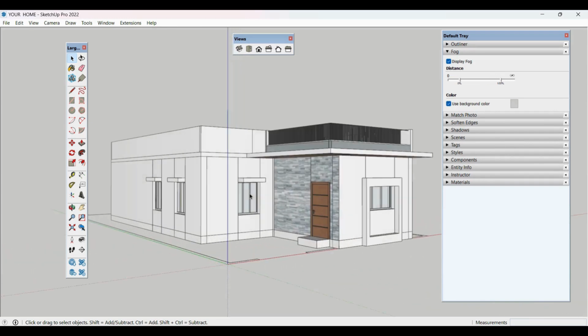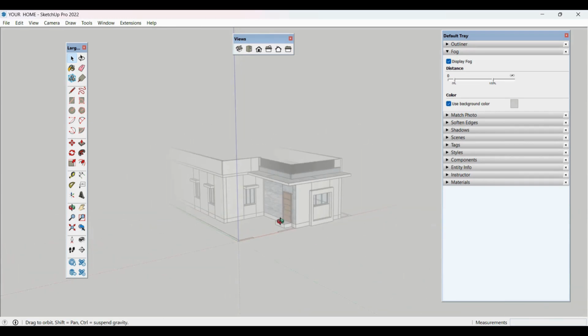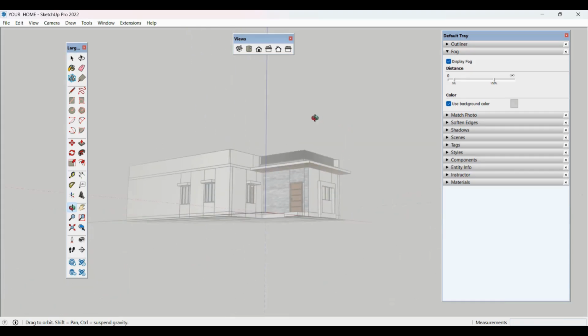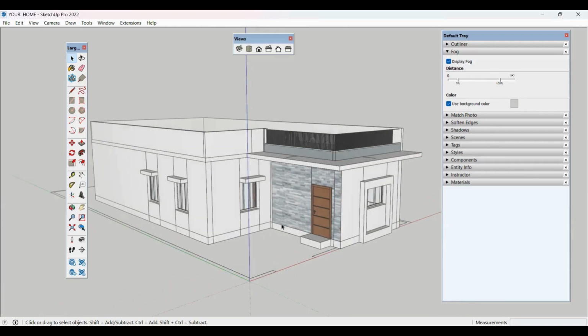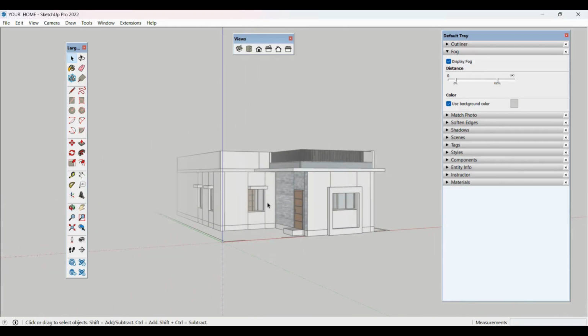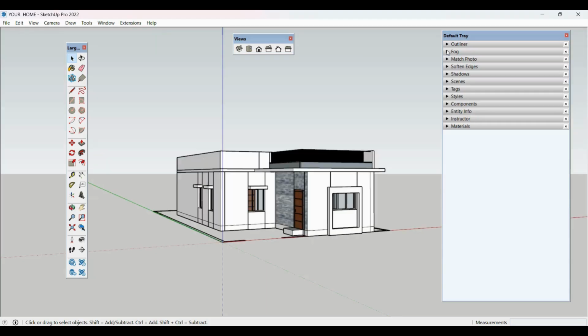You can zoom out. If you want to show the fog, then you can go with this option and easily show the fog effect like this. But I know it is not realistic. To get a realistic fog effect, we can go with other rendering software like Lumion, D5, Enscape, like that. So I am just turning it off. Next one is